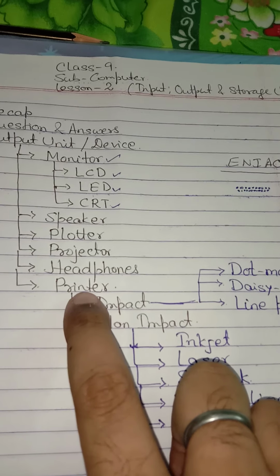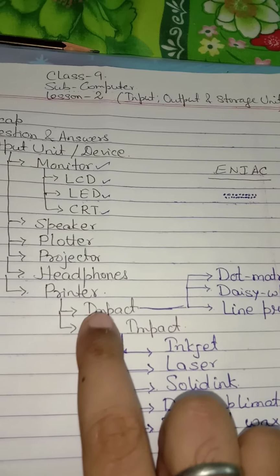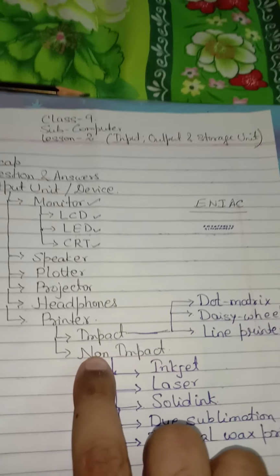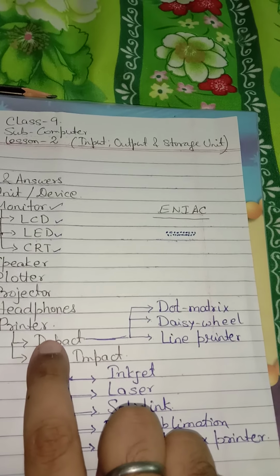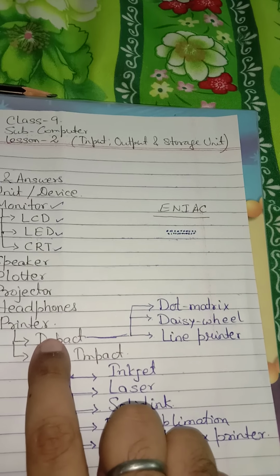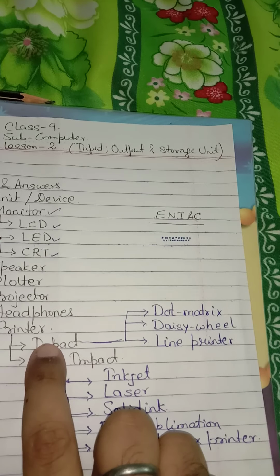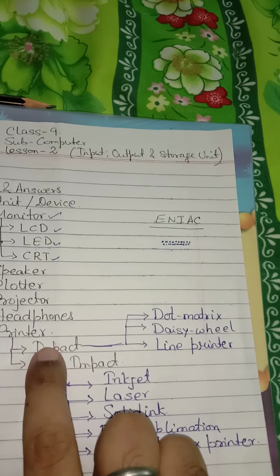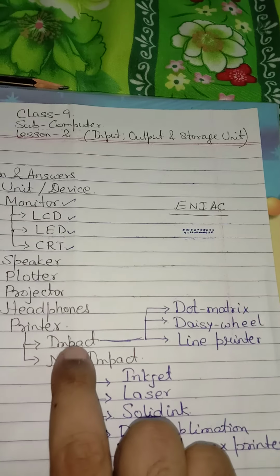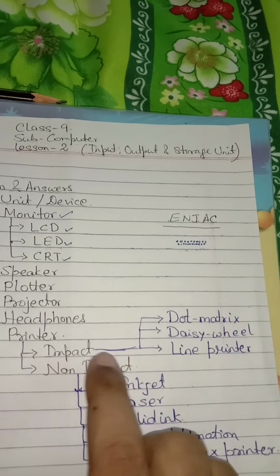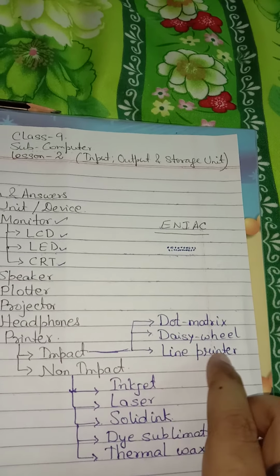Printer is an output device that is generally used to print the output on a paper. It is also called hard copy. Two types of printer are impact printer and non-impact printer. So what is impact printer? The impact printer is the oldest type of printer, but is still in use because of its cost. So it has low cost printing. It prints characters by striking the printing head on the paper, and it prints character by character. The impact printer is also known as character printer. There are three types of impact printer: dot matrix printer, daisy wheel printer, line printer.